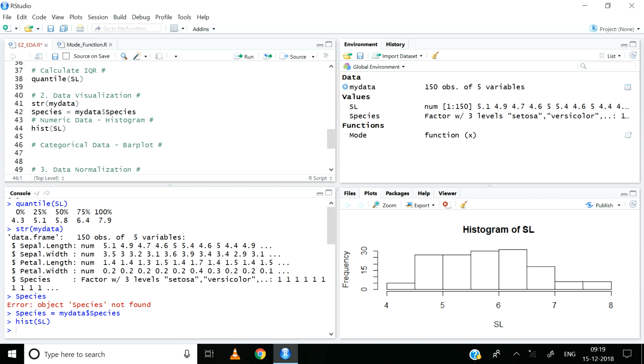Now, on the bottom right quadrant, we can see the output, that is the histogram. Here you can see that we have sepal length on the x-axis and the frequency of observations on the y-axis. If you observe carefully, the bin width is 0.5 centimeters, that is 4 to 4.5 centimeters, 4.5 to 5 centimeters, 5 to 5.5 centimeters, and so on. You can also see that the majority of observations have sepal length between 5.5 to 6.5